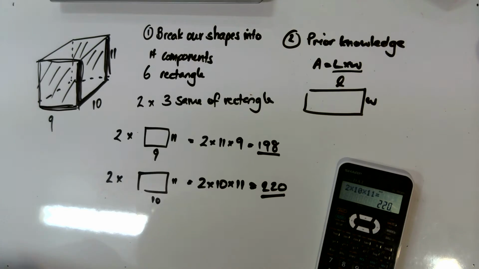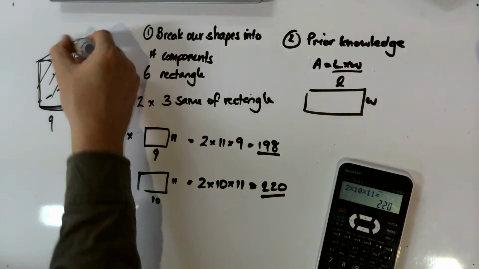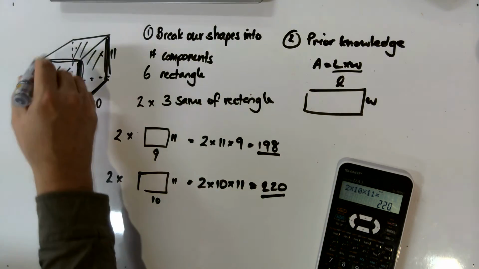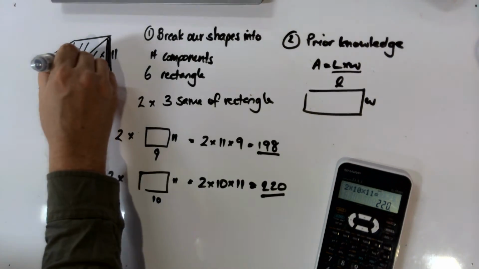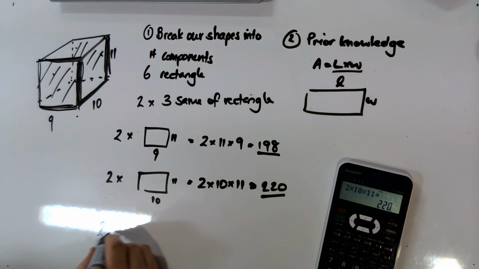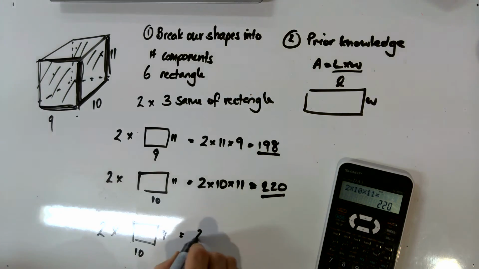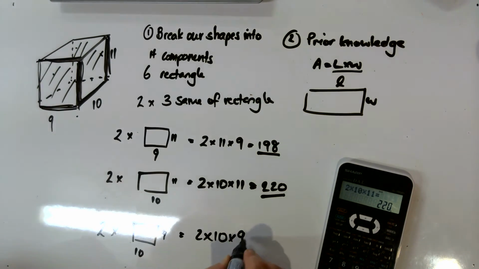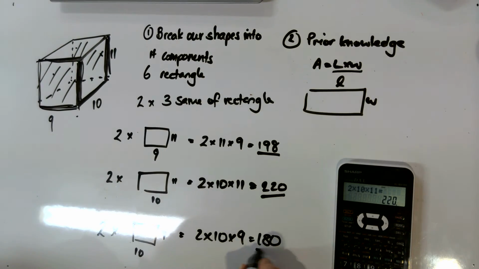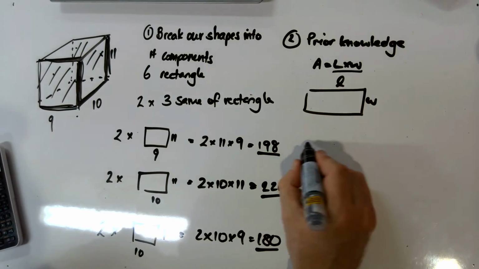And so I've done the front of my shape. I've done the 2 sides. So what's left? Well, of course, it's the top and the bottom of this particular rectangle. So this particular shape. So if we have a look, it's 9 this way, yes, and it's 10 that way. So 2 of them, because I've got a top and a bottom, that are 9 by 10. So that's 2 times 10 times 9, so 10 times 9 is 90, times 2 is 180. And I'm going to put another little arrow underneath there, but I haven't finished yet